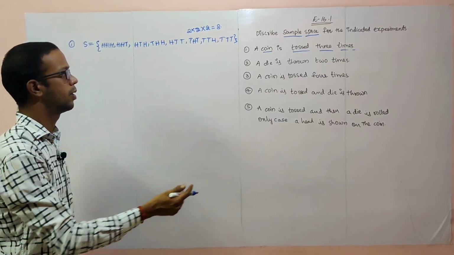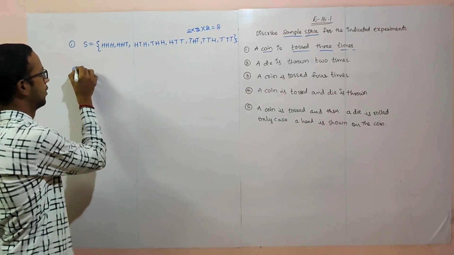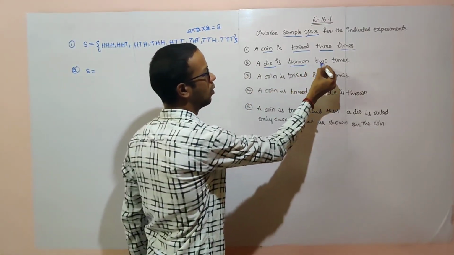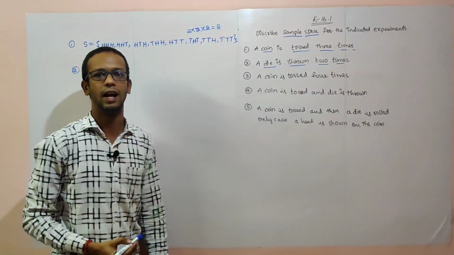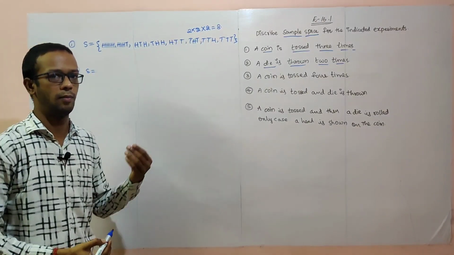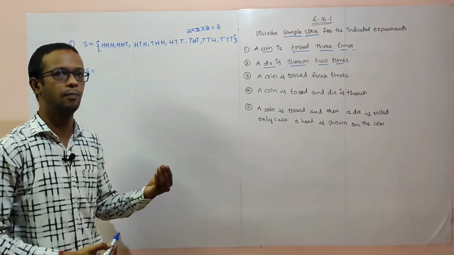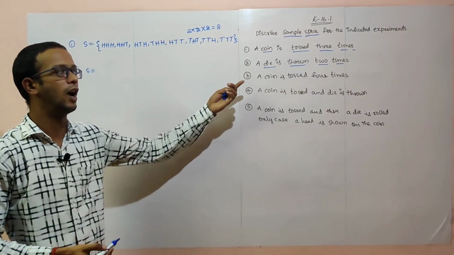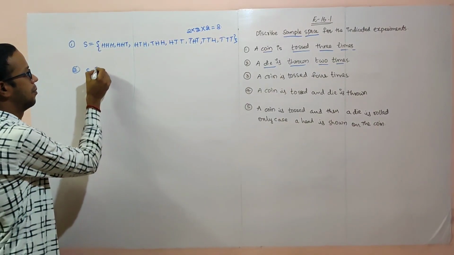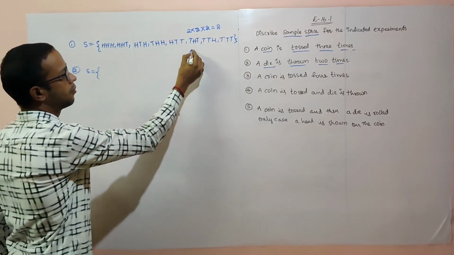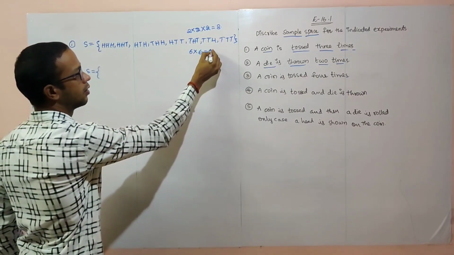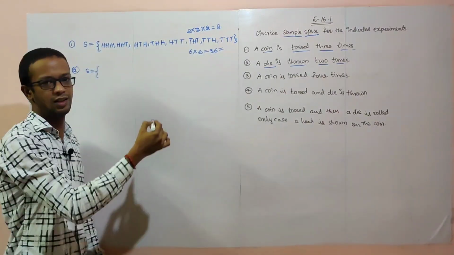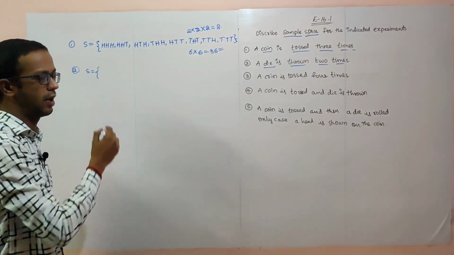So next, problem number 2 we can see here. A sample space of a die thrown 2 times. Example 2 is also the same, but 2 dice thrown there. Here 1 die 2 times. So in the sample space, first time 6 you will get, another time also 6. Total is 36. Actually no need to write this one, just for our understanding purpose only we are making this one.